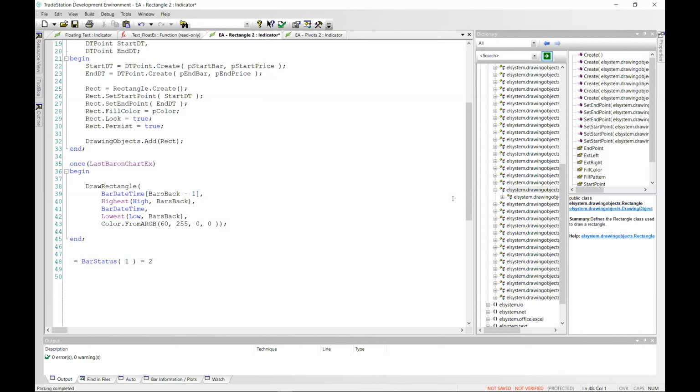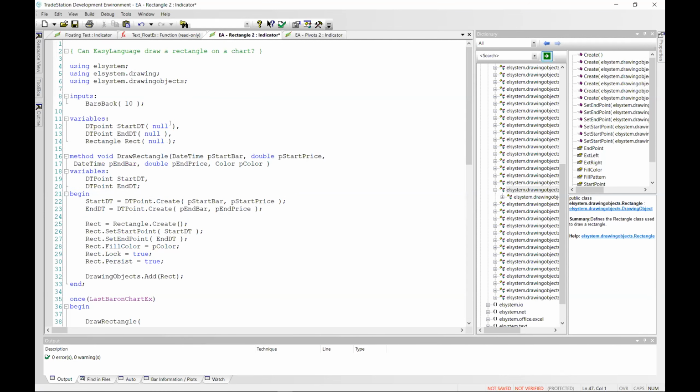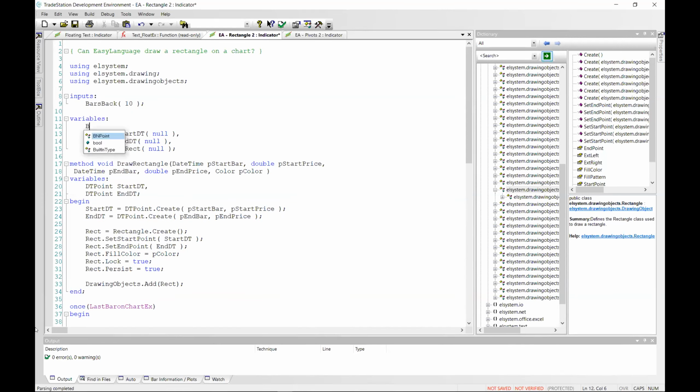I'm going to call this last tick was bar close. And the value for that is going to be true if bar status is equal to 2. So let's declare that variable here. It'll be a bool, and we'll call it last tick was bar close.